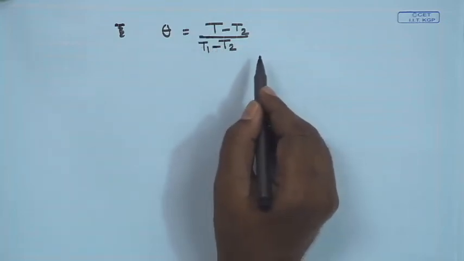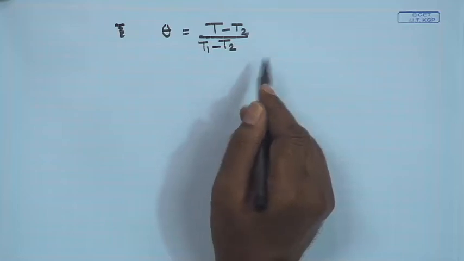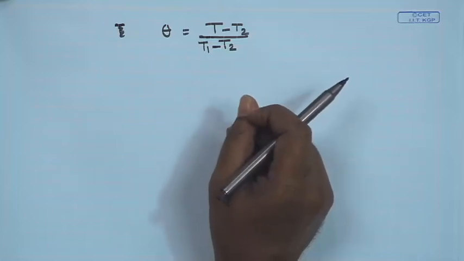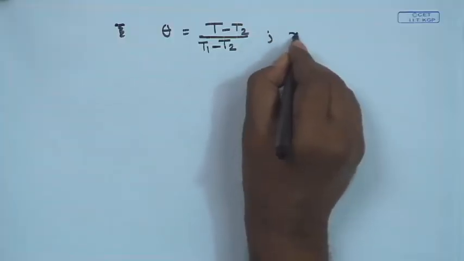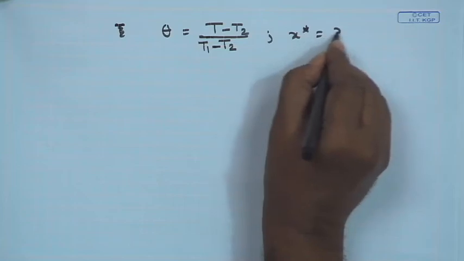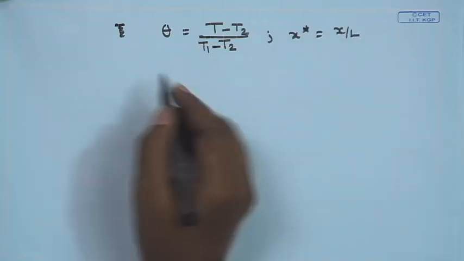That will make my system temperature at the location x equal to 0 to be 1, and at the other location it will become 0. So, let us say x star is equal to x by L. Okay. So, now let us make the